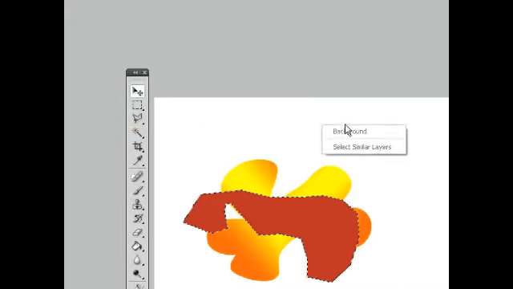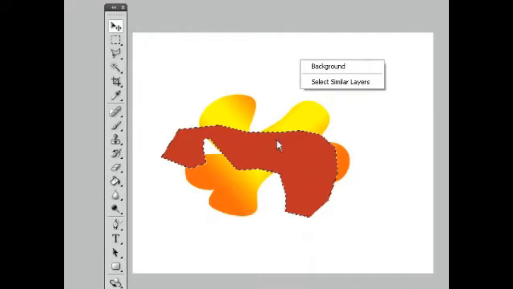Alright, so those are the basics of the selection tools available to you in the toolbar. In later videos, we'll talk a little bit more in depth about the magnetic lasso tool and the magic wand tool and how you can select other areas besides the